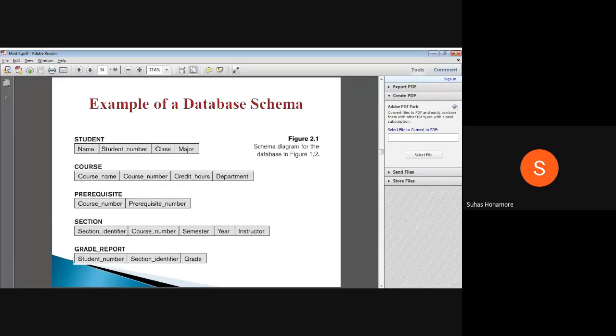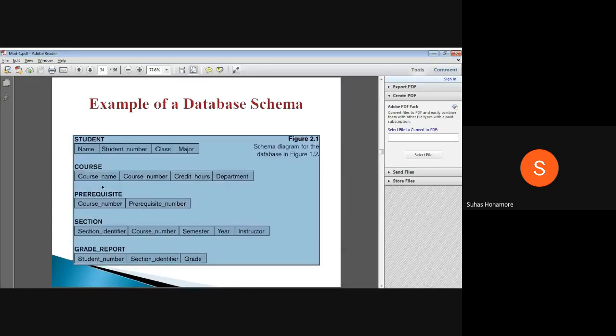The same thing, whenever you are representing it inside a model, we'll call it a schema. The same thing, but whenever you are representing it as a model, we say it's a schema. So for example, if you see this one, here we have one database, so this entire thing together, this complete diagram together, we say it's a database.